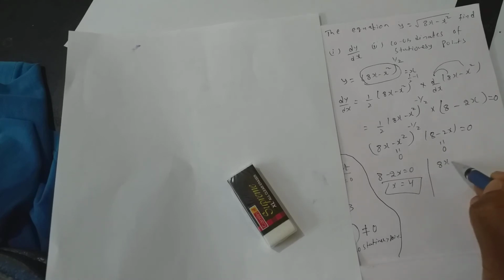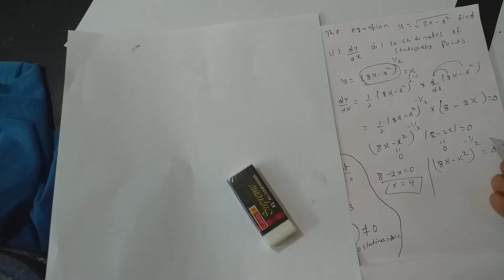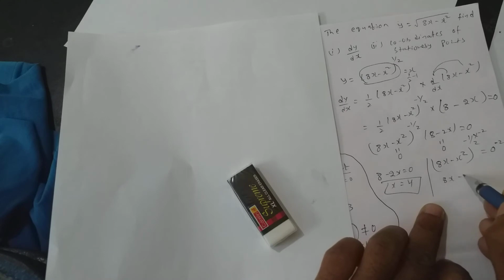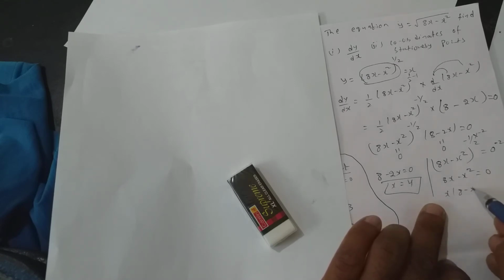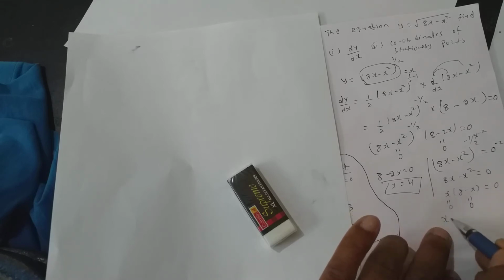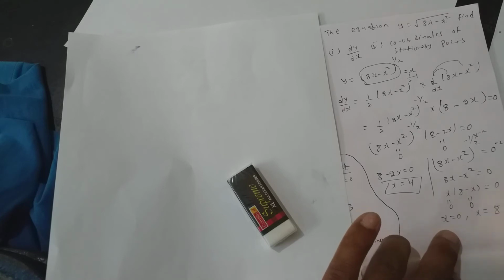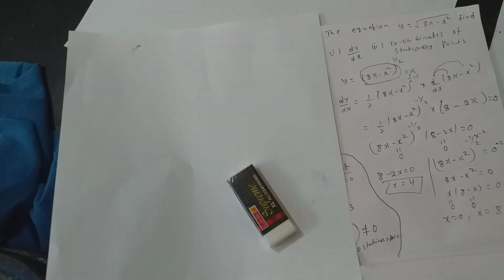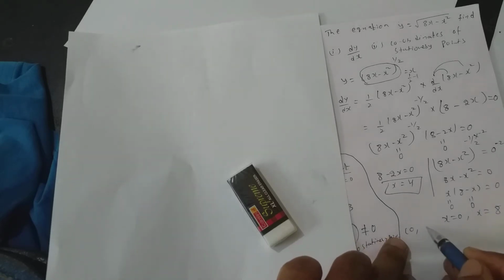Now when 8x minus x square power minus 1 by 2 equal to 0, how much do I get? To remove this minus half, I am taking the power to be minus 2 on both sides. Then what will be left out? 8x minus x square equal to 0 will be left out. Take x common, I get x into 8 minus x equal to 0. Again either this equal to 0 or this equal to 0. So either x is 0 or x is 8. So for x I got 3 values. Now he is asking for coordinates. So when x is 0, how much is y?